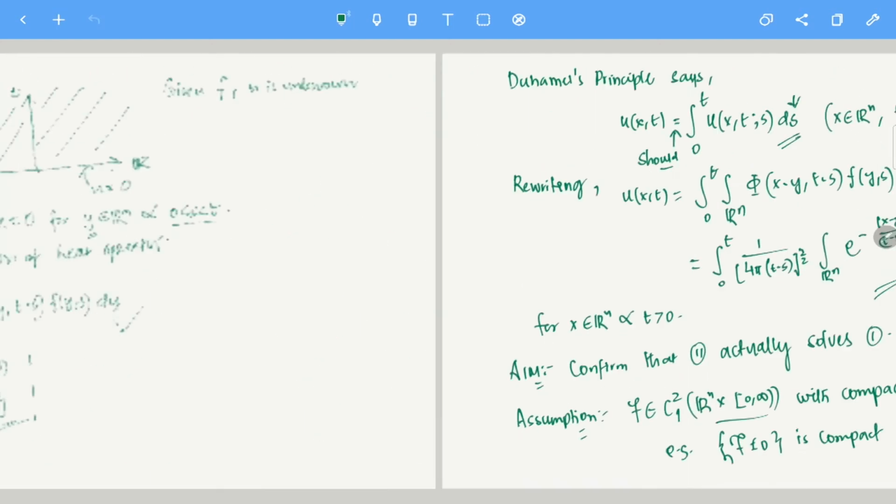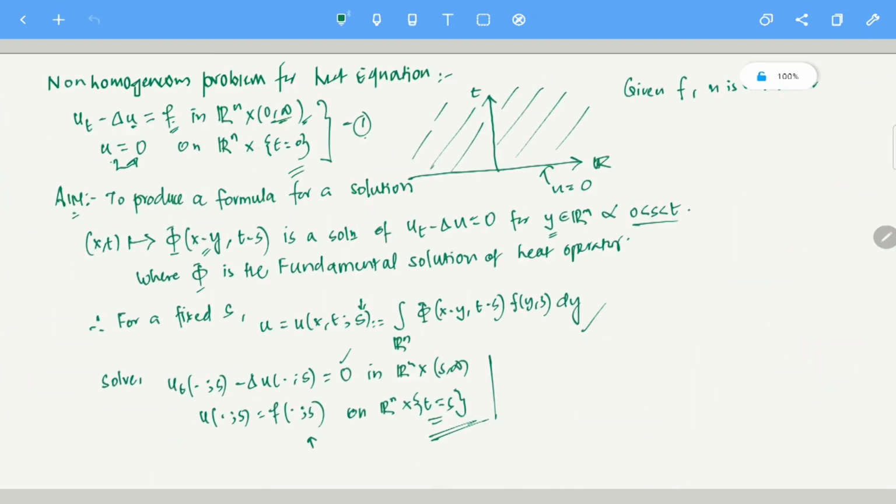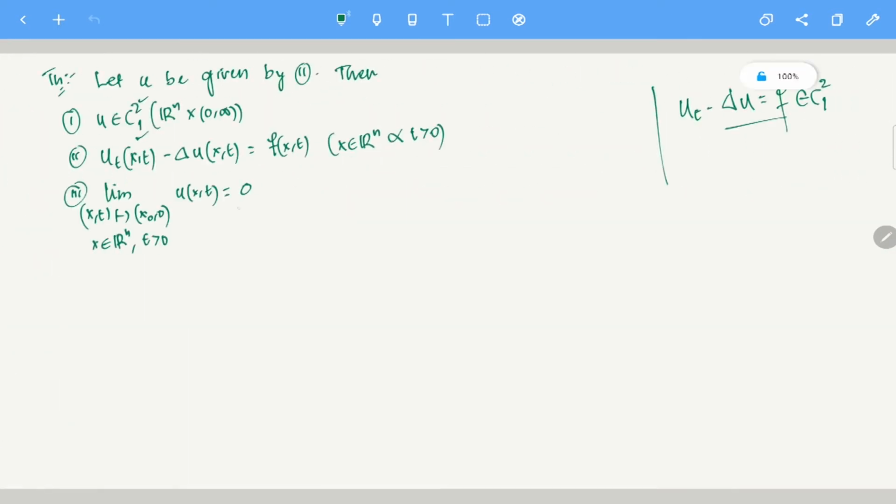If you remember, the equation here is u is 0 on this boundary. So if you take any point on the boundary, let's say this is the point (x0, 0), and you take any sequence here, so that sequence must converge. If it converges to (x0, 0), then u at those points should converge to 0. This is what is written here. Clear?